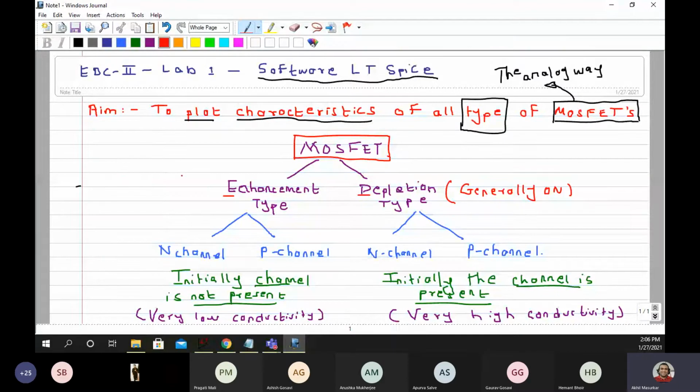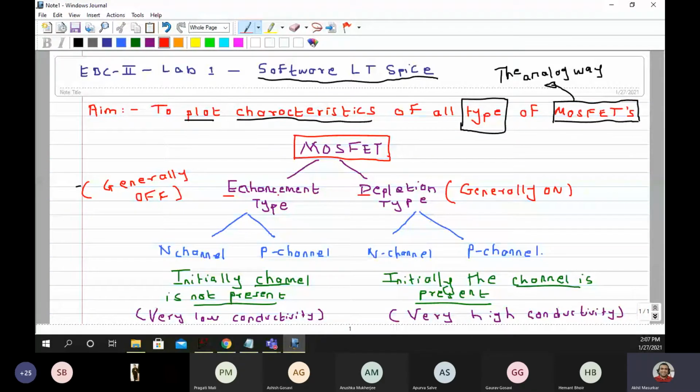An enhancement type MOSFET is generally off, so you have to do something to turn it on. Do something means what? You have to apply the correct threshold voltage at the gate and the MOSFET will turn on and off. So this is what we are going to find out.